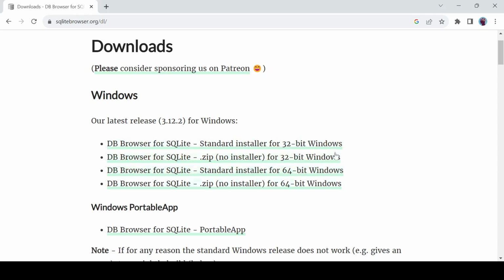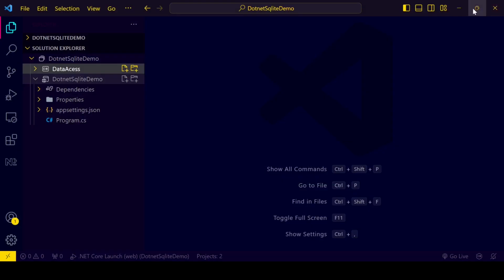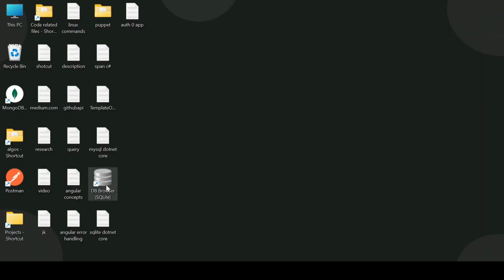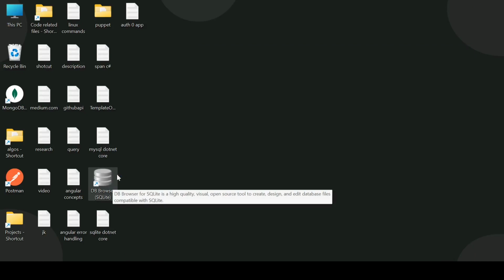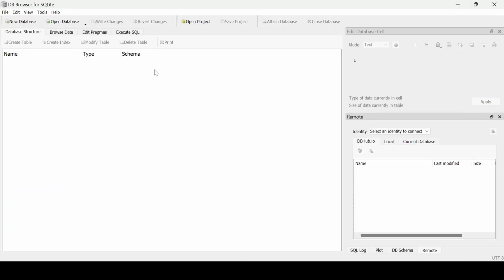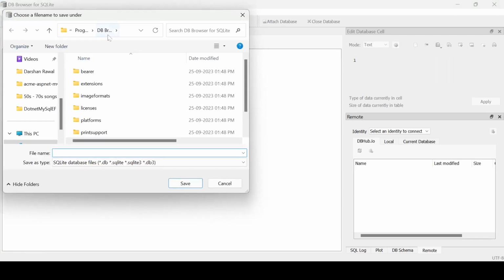So you can install any one of it, and it is a portable app, so we are going to install it in our projects directory. Once you have installed it, you will see this icon and you need to click on this icon. Okay, here you will see the new database option, and you will create a new database in a certain location. So I'm going to create in my project,